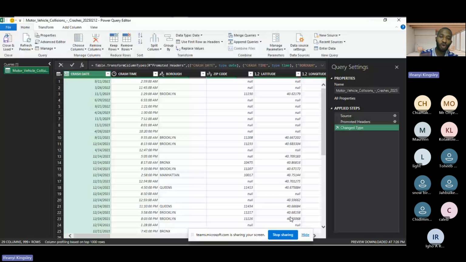Now, when we come to data analysis, we have what is called data types. Now, data types are simply